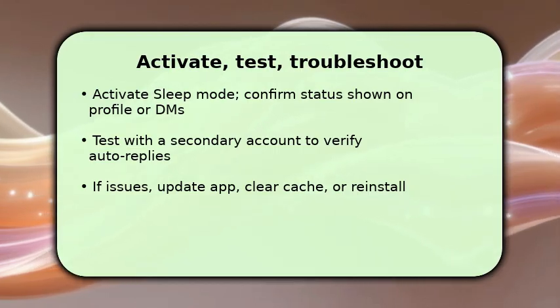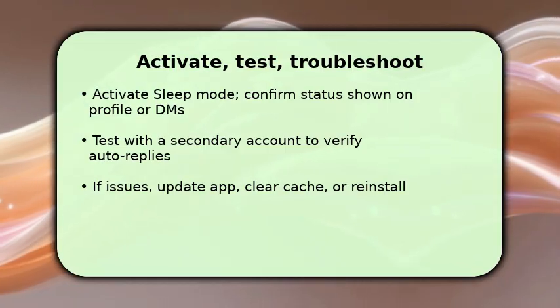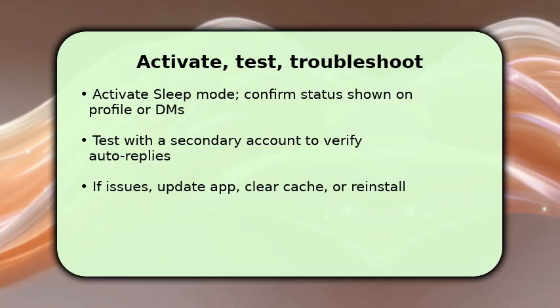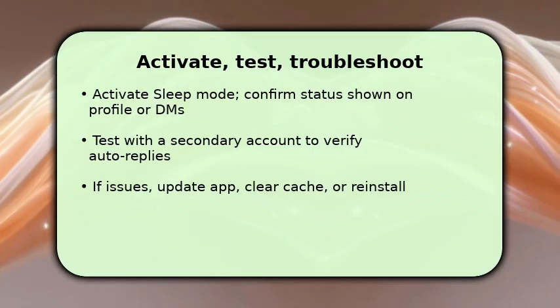If something fails, make sure the app is updated, then clear the app cache or reinstall. That typically fixes permission and display glitches. If problems persist, double-check notification and privacy settings, then